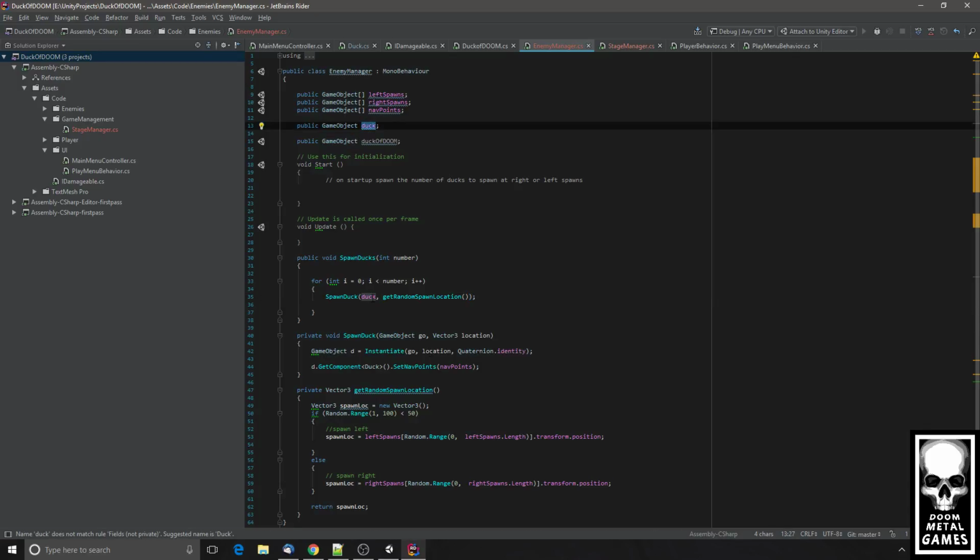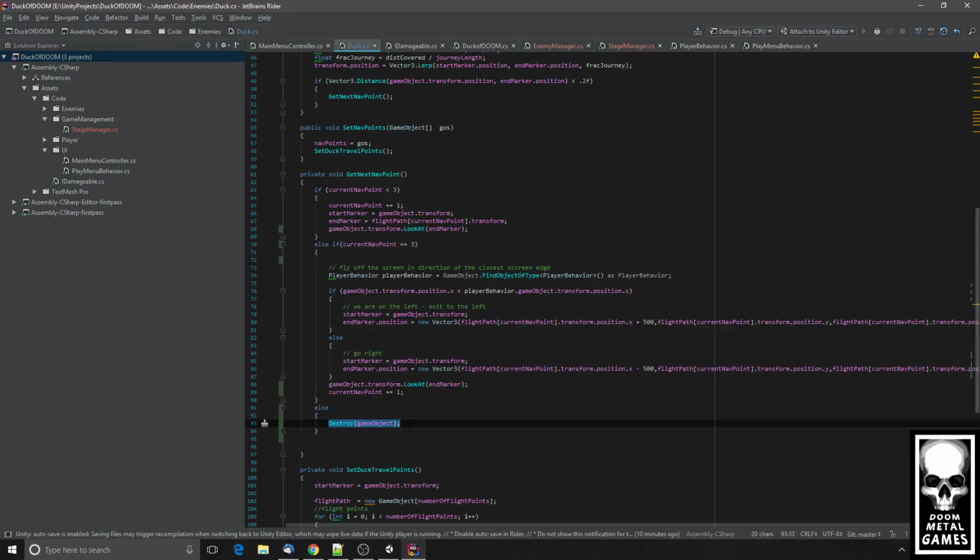It spawns one of those, and then I get a component of the duck and I set nav points, right? I could also pass it at that time a reference to this enemy manager that spawned it, so that when the duck dies right here in the destroy,